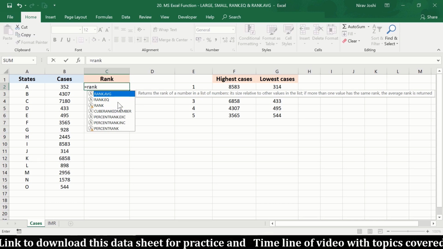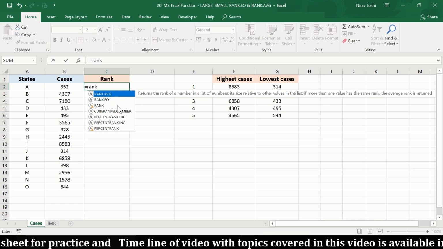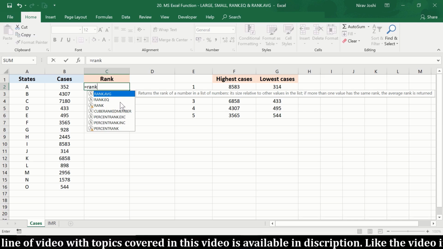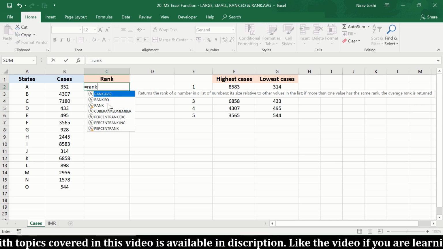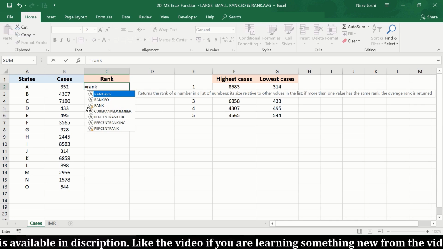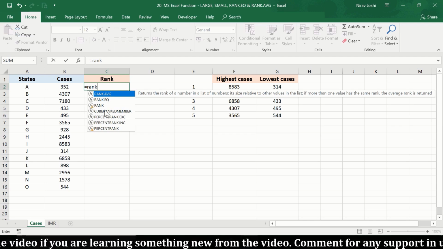So if you use this rank EQ and rank average here, a person who is using Microsoft Excel 2010 or prior version would not be able to see the analysis based on this function, as it is not compatible. And that's why we may use this simple rank function to improve the compatibility.